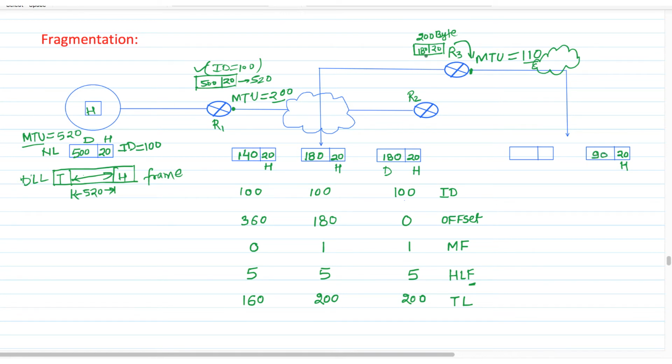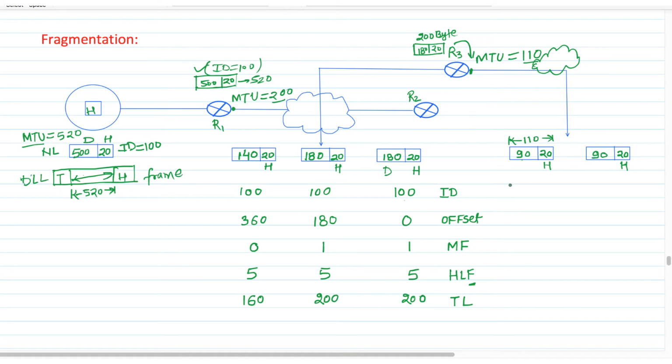So out of 180 bytes, 90 data bytes have been taken by this first fragment. In case of the second fragment, it has a 20 byte header, and as per the MTU, the total size is 110. So 90 bytes can be obtained by this data part also. So 90 plus 90 means a total of 180 bytes of data we have fragmented. So there will be only 2 fragments. Always remember that fragmentation is performed only on the data part, not on the header part. The header will be copied as it is.